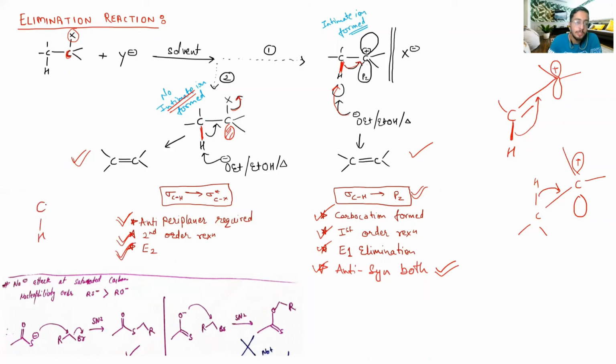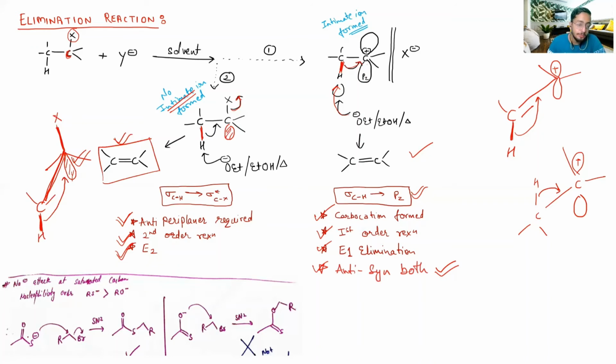In this case, suppose we have a hydrogen here, and the leaving group is required to be above, because if the leaving group is on the above side, its antibonding is on the below side. This antibonding of the CX is here, and only then can the CH bond donate into this side. Therefore, the CH and CX must be antiplanar to each other. So in this case we get the same product as the E1 reaction, but antiplanarity is required, and it is called the E2 reaction. I have shown an example here.